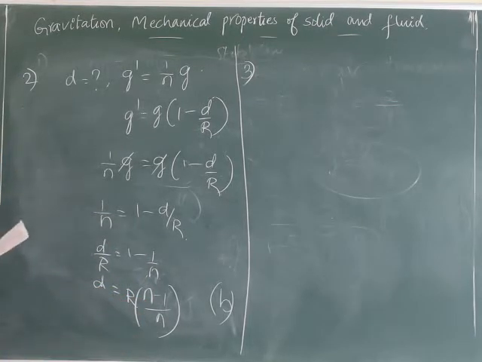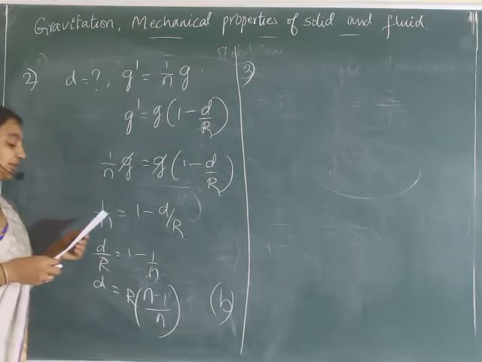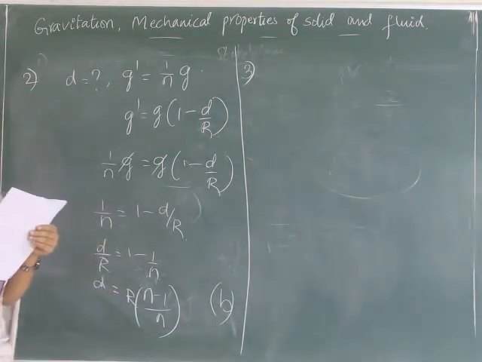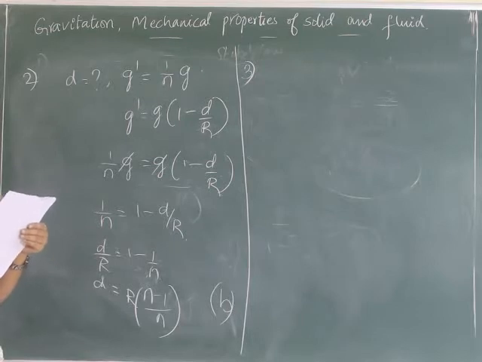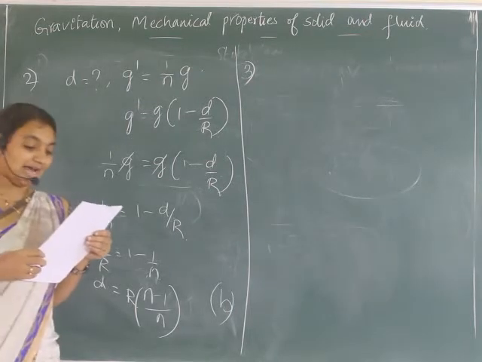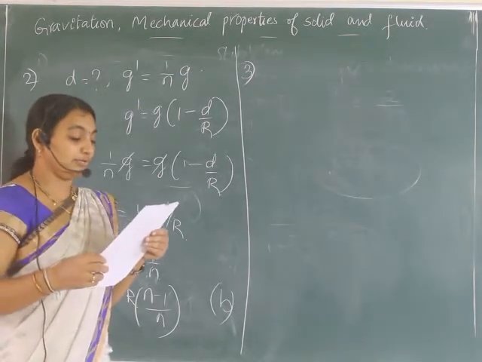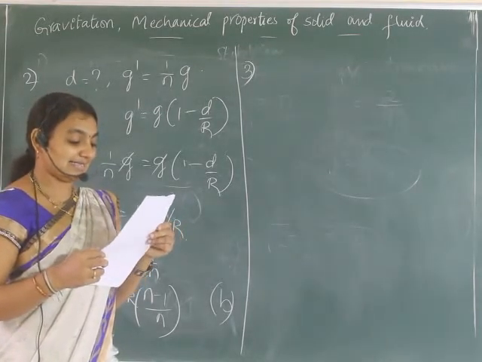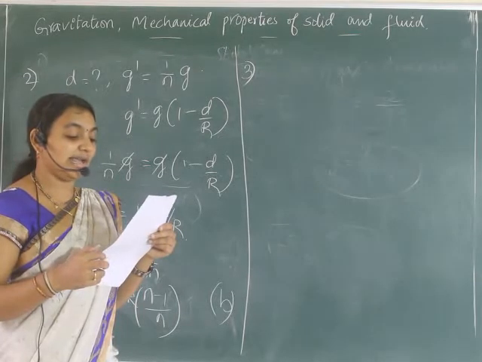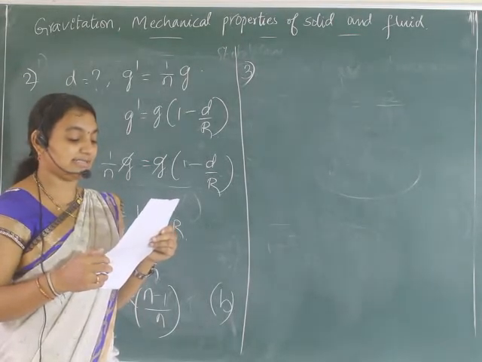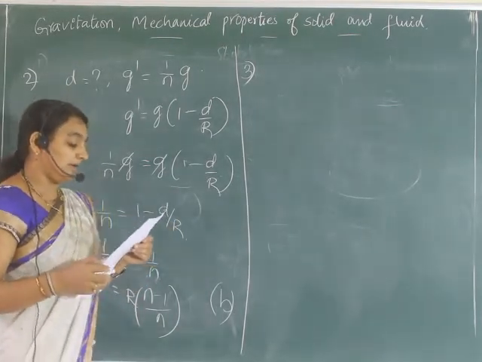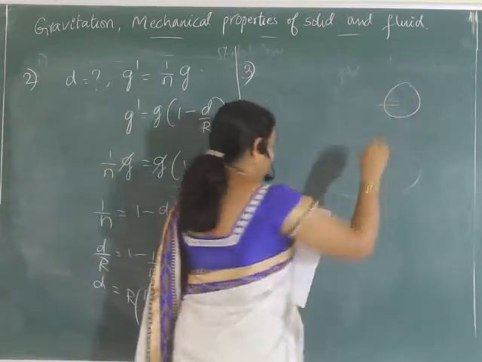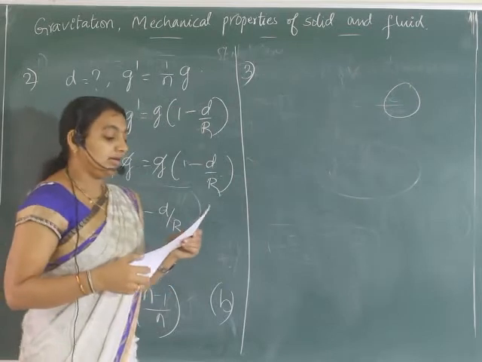Third one. The rotation of the Earth having a radius r about its axis speeds up to a value such that a man at altitude angle 60 degree feels weightlessness. Duration of the day in such a case is... See, this problem is like Earth is rotating, he will be standing at some altitude, correct?